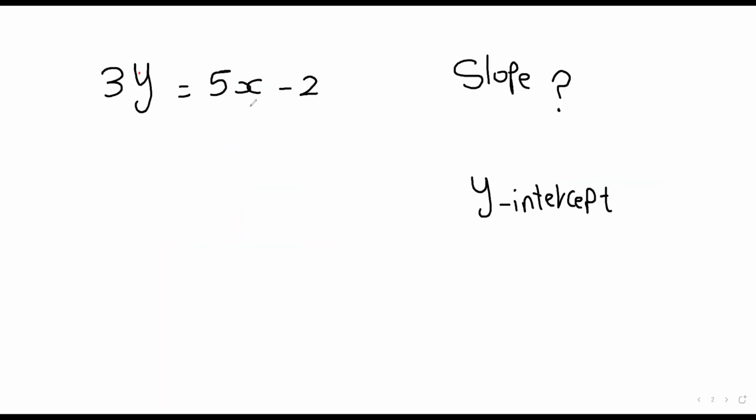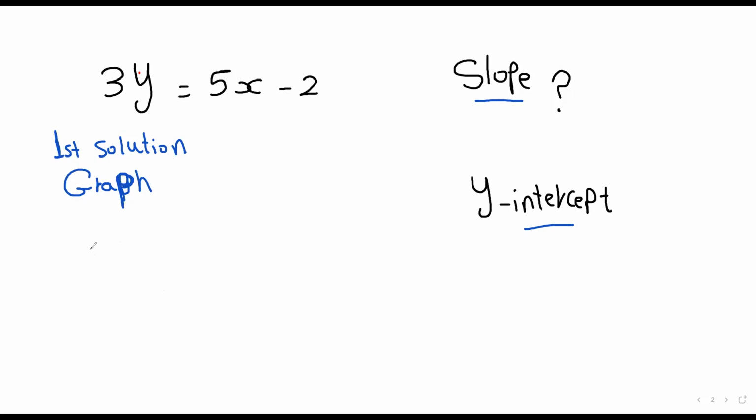Let's see if I have an equation in this form and I want to get the slope and the y-intercept. First solution, to graph this line. How can we graph this line? The first solution is to graph the line. How can we graph the line? Take points, like the point